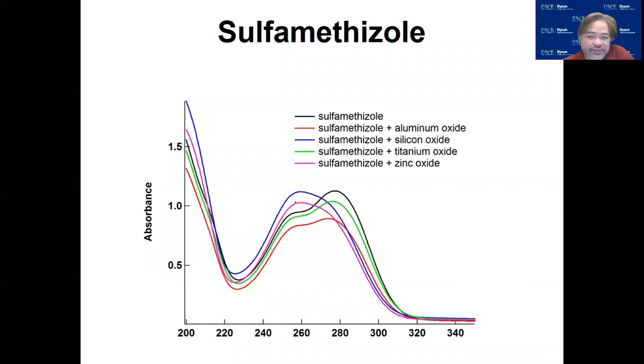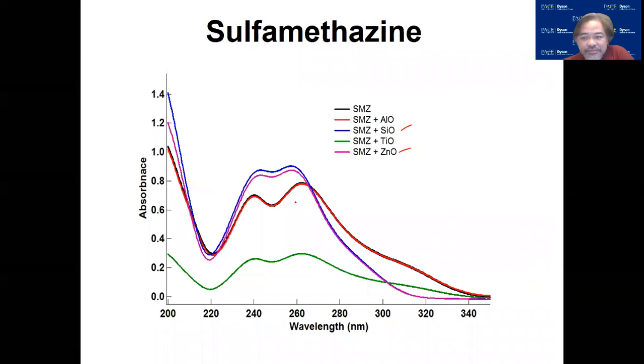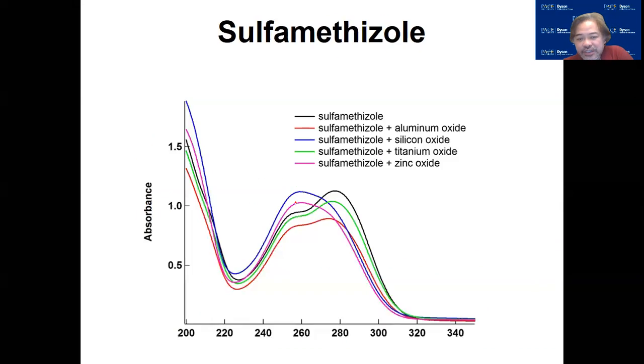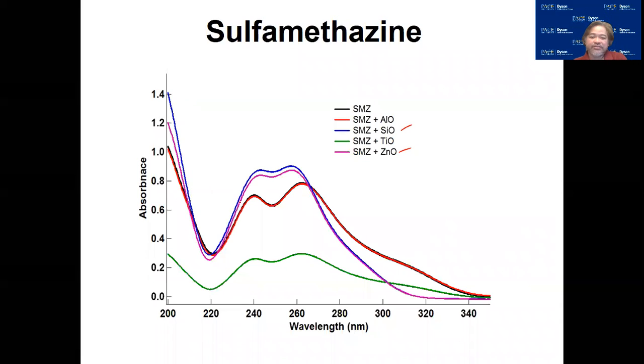For sulfamethizole, okay, so sulfamethizole is a 5-membered ring compared to sulfamethazine, which is a 6-membered ring. So you could see the difference that we have here. There's a distinct peak that we have here. Now, when you put it with the nanomaterials, these peaks were shifted, telling you that there's a change in the environment and there's a reduction and increase in the what we call